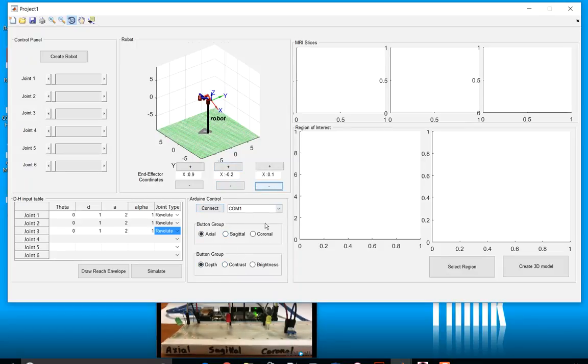Okay, and here I'm able to connect the Arduino. Arduino is connected here. As you can see, we have 3 LEDs in here. When the Arduino is connected and the axial is selected here, the axial LED would be turned on. If I select sagittal, the sagittal LED would be turned on, and so on, and control. And here I'm able to, the depth